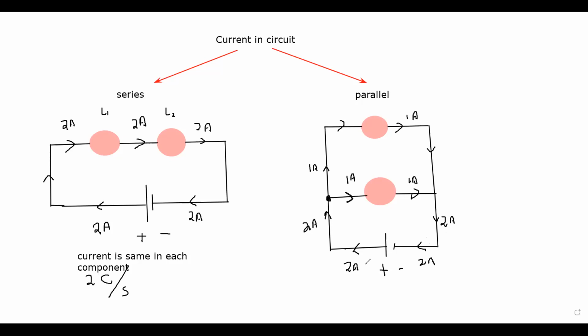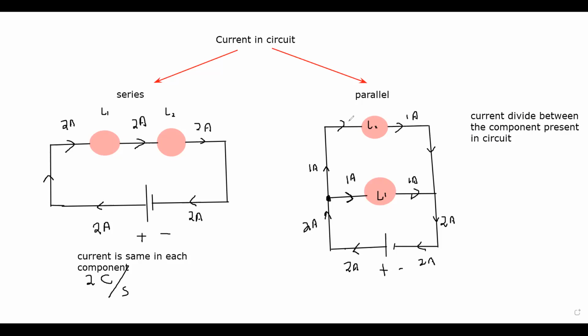will return. So the total current which enters the circuit is always the same as the total current that leaves the circuit, but between the components in parallel, the current will divide between the components present in the circuit. This division is not necessarily equal. For example, if 1 ampere is flowing through lamp 1, the same 1 ampere need not flow through lamp 2. It can be an unequal division.